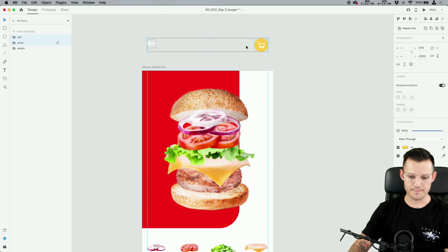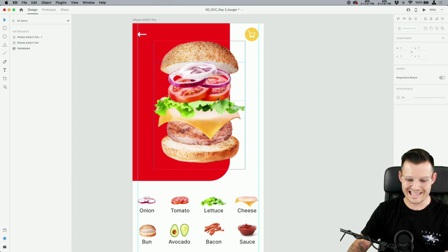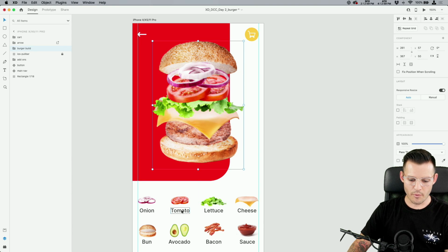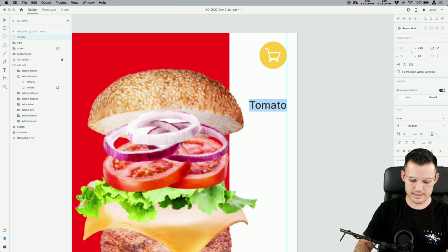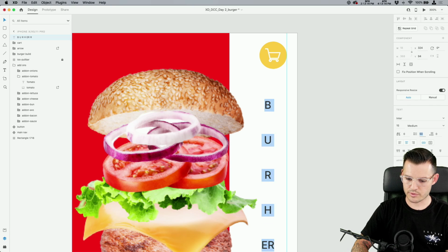It's really, really fun. We also have these little icons right here. Let's let this be our back and our shopping cart icons. Slid that thing right in there, super fun. And why don't we take some text, let's zoom in, paste some text right here, and let's do something like B-U-R-G-E-R right there. And let's mess with the line height.